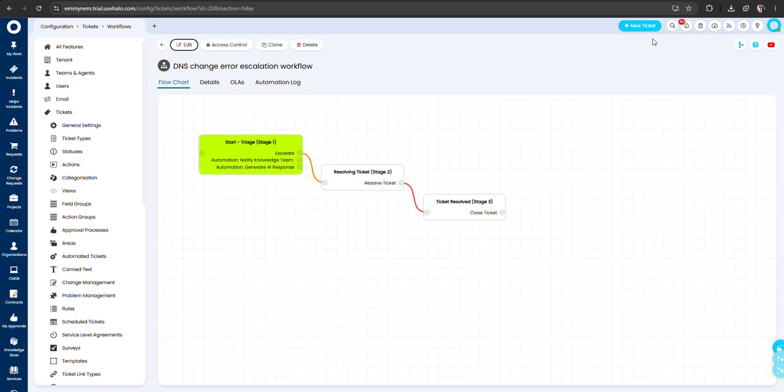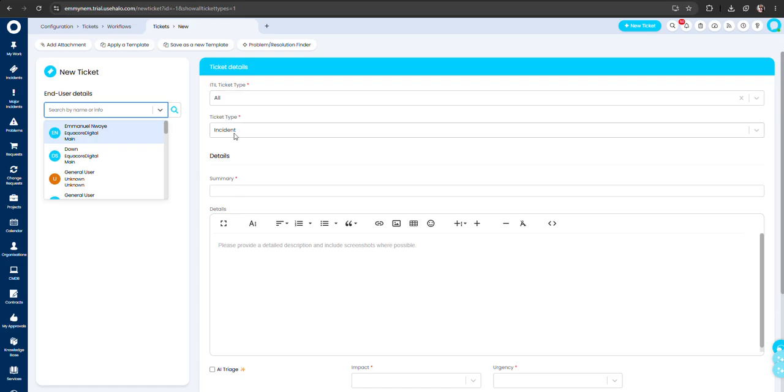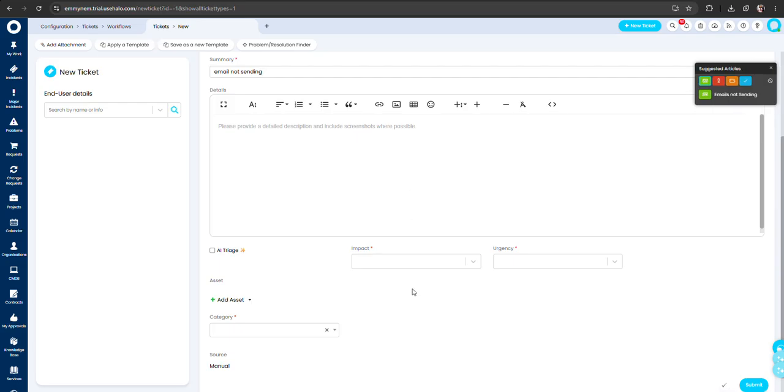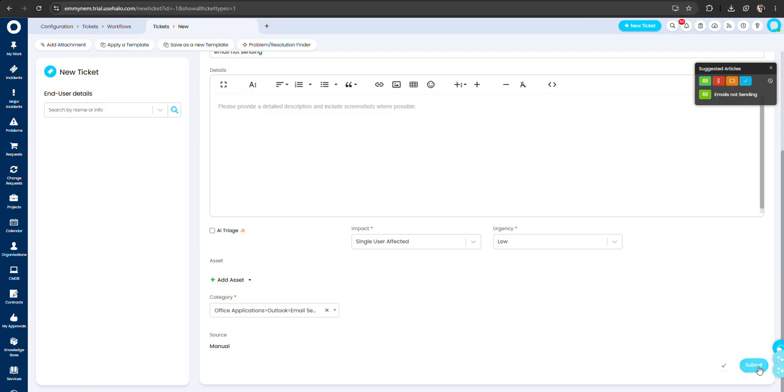Now in order to test, if we click to log a new ticket and let's keep it as an incident. If you look at the summary, let's give it a name of an article that already exists. I'm going to call it email not sending. And if we log this, we're going to keep the impact as a single user, low, and we're going to look at email sending or receiving. And if we log this ticket,